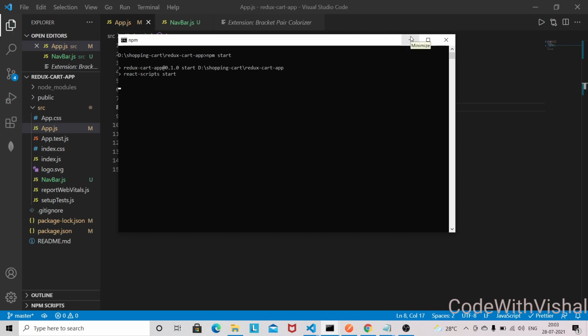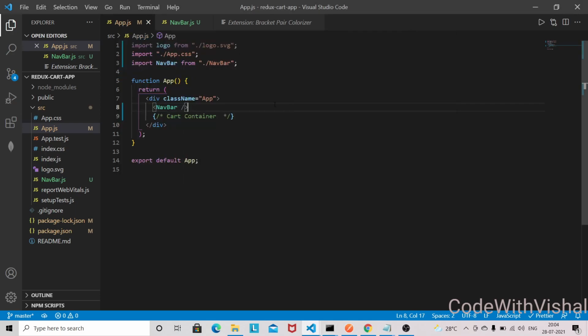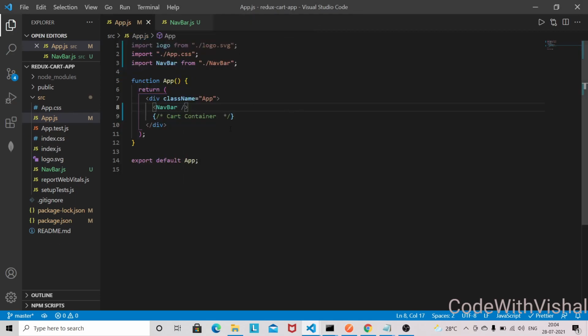So let's wait for the application to load into the browser, and meanwhile I will create some files here.